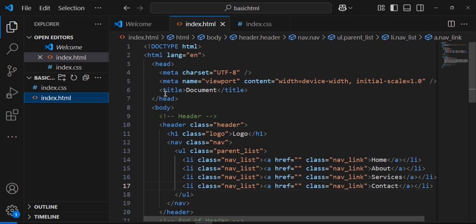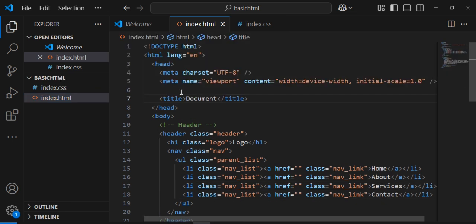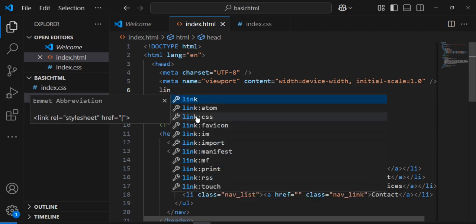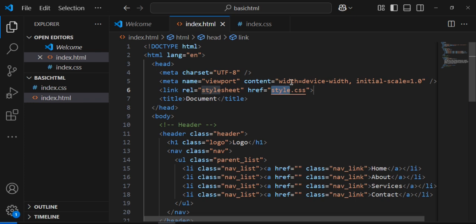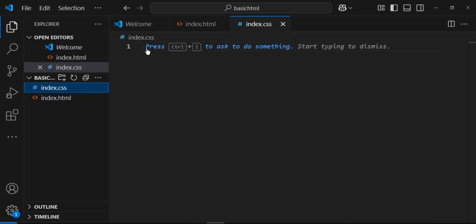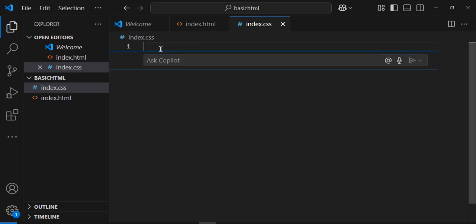You go to the head section, you put link here. So we call it index. That's the name we gave it, index. So let's go here and then do